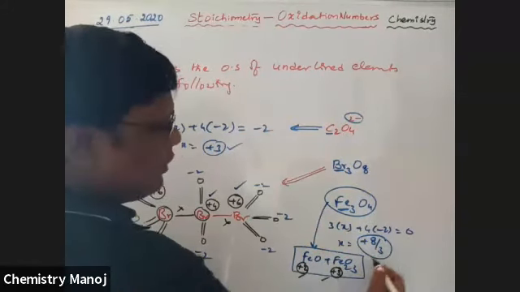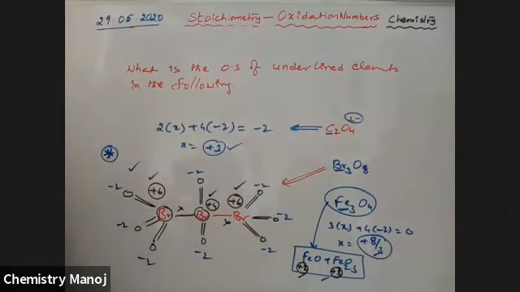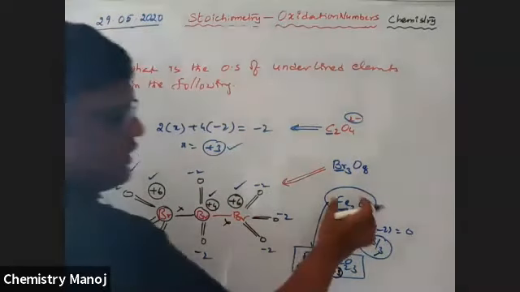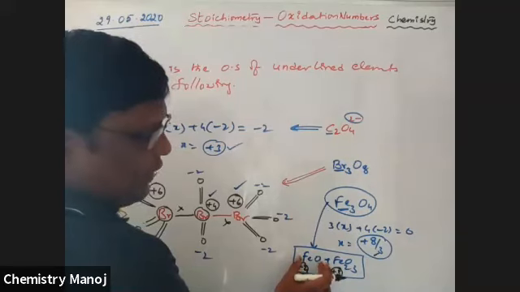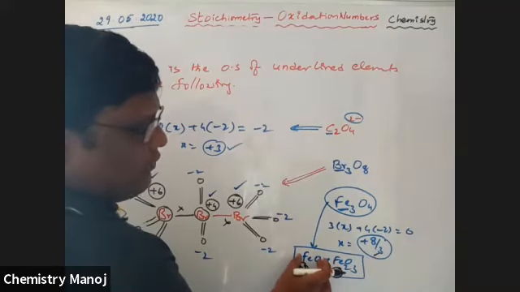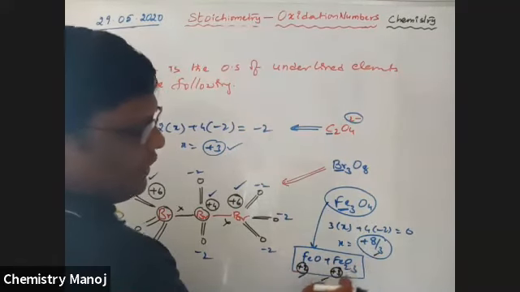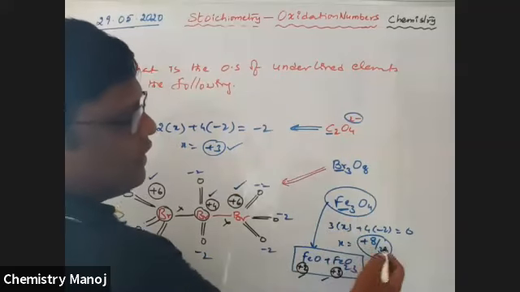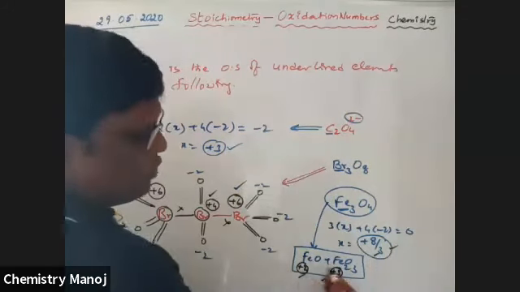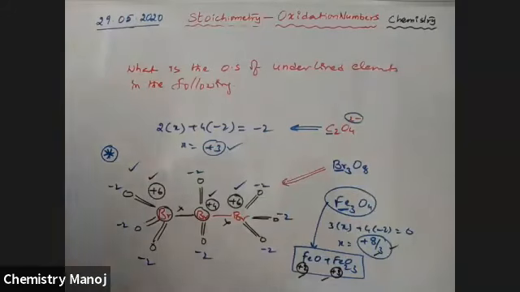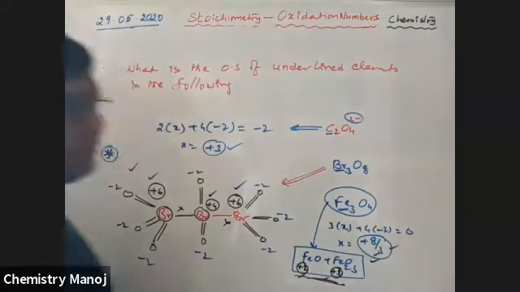So either is possible for this. Fe3O4 is nothing but a mixture of ferrous oxide and ferric oxide. In ferrous oxide, iron is +2, in ferric oxide, iron is +3. So in general, the common one is 8/3, or +2 and +3, whatever it may be. These two are possible or this one is possible.